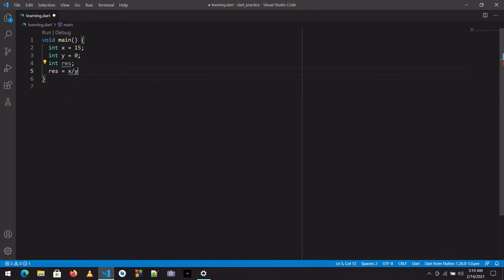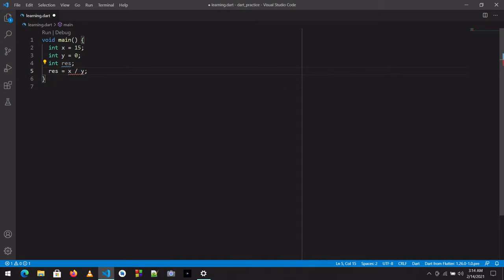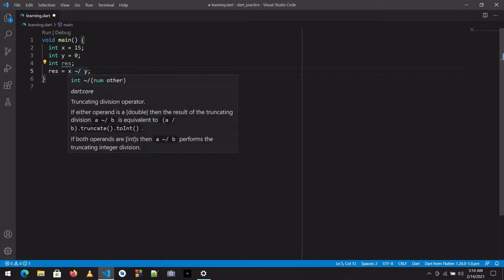x divided by y. It's showing a warning here: the value of type double can't be assigned to the variable of type int. Because there is a division, there is a chance the result is a double, so it is saying to please change the type of this division to integer. The best method is to put a tilde sign before the forward slash, so it becomes the truncating division.